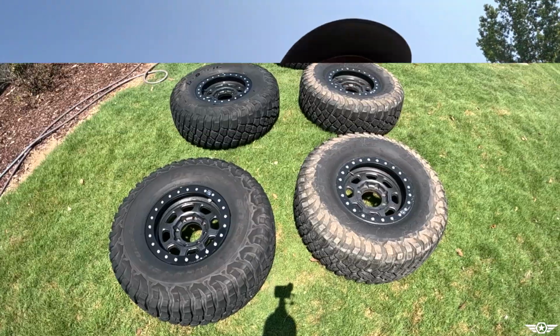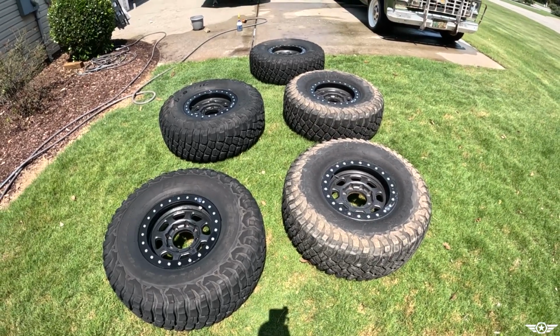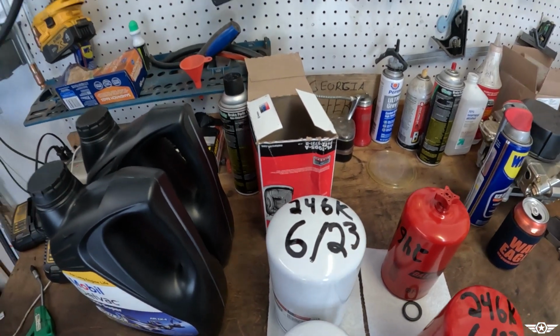Is the rotation. About halfway through cleaning these wheels and tires, and I question why I'm doing this. I normally change my oil at 7,500 miles. The oil in the truck and the filter have 3,000 miles on them. I got a 5,000 mile trip coming up, so realistically, it'll be fine. But just for a little peace of mind and to piss off the internet, I'm gonna go ahead and change